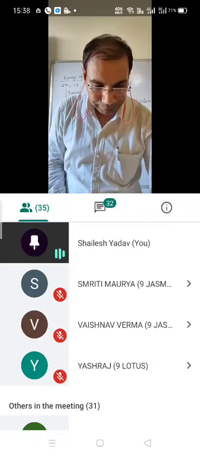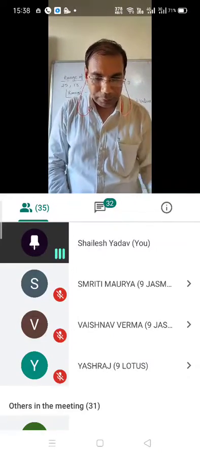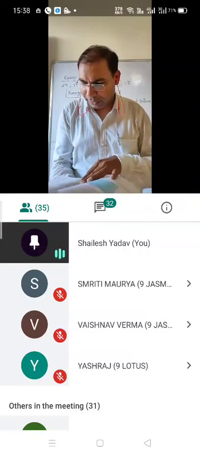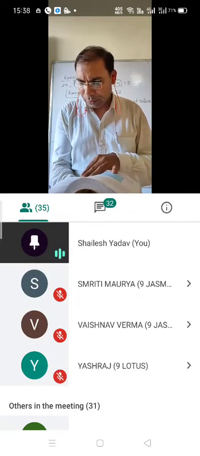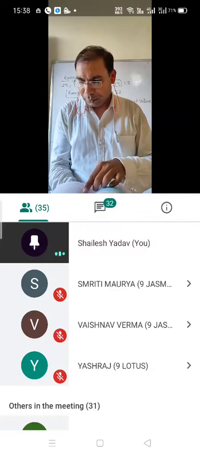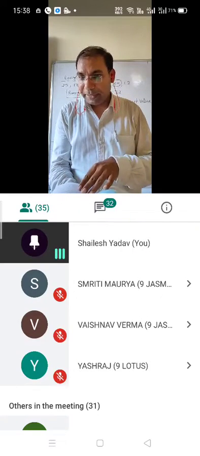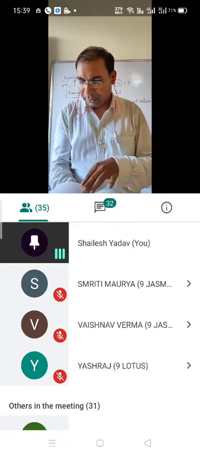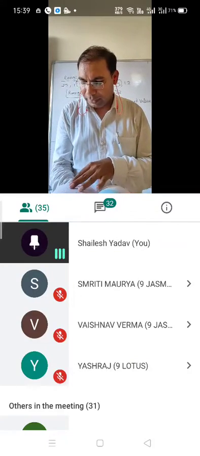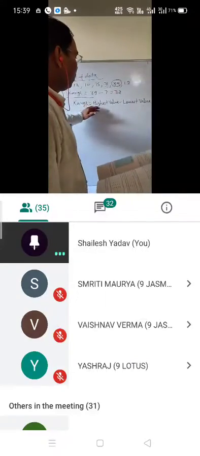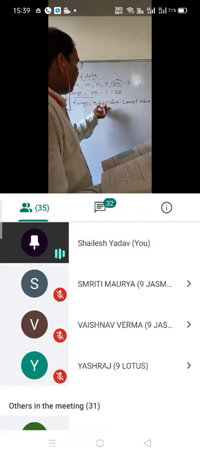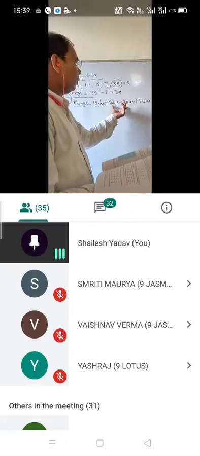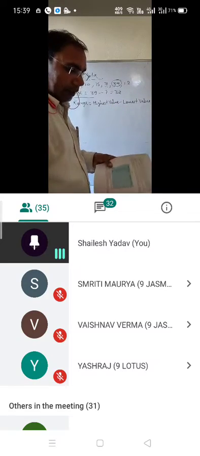Like in question number 3, if you have the book, that is given on page number 245. The third part asks, what is the range of this data? There are many numerical values, but the formula will be the same. In all the numerical values, first you find the highest value, then the lowest value, and then you subtract. That will be the range of the data.